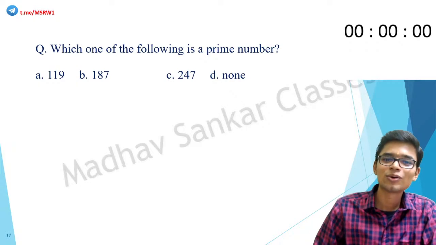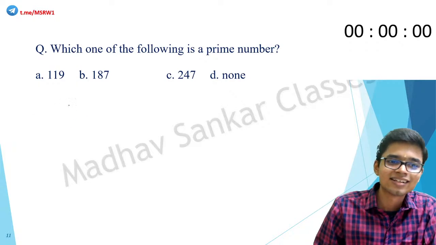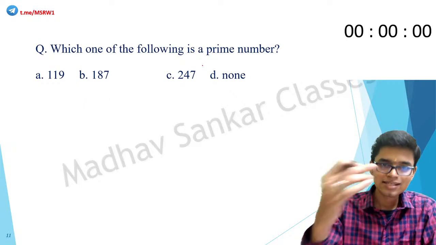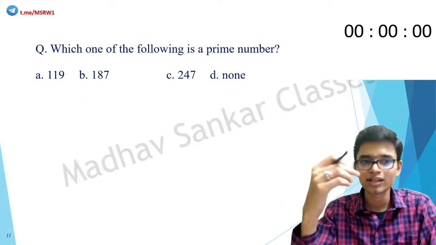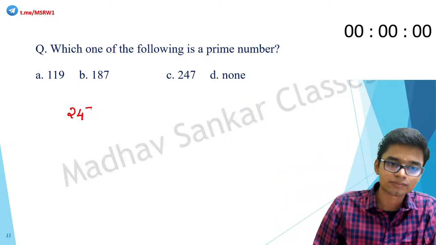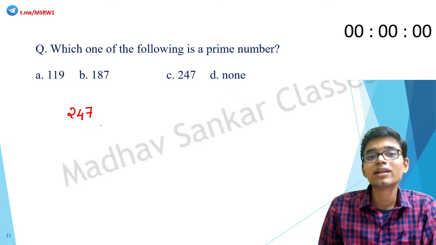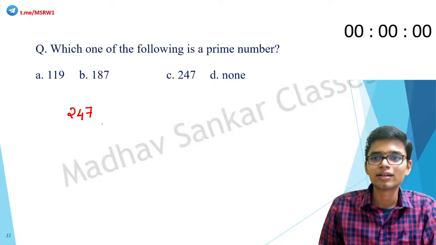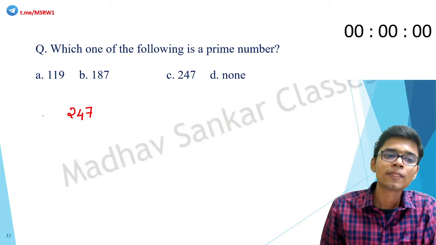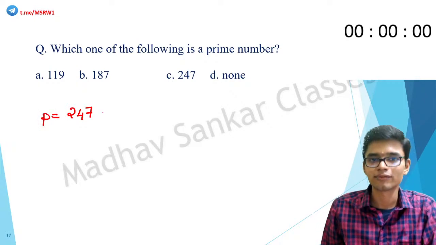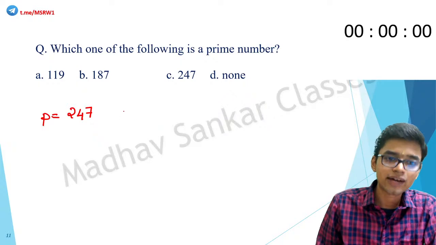Time is up. So how do we do this? Let's check one by one. But the easiest way to do this is to go for the biggest number first. So let's take 247. If you remember from the class day before yesterday, the test for prime number goes like this. If the given number is equal to p, where p is equal to 247, then we have to find a value for